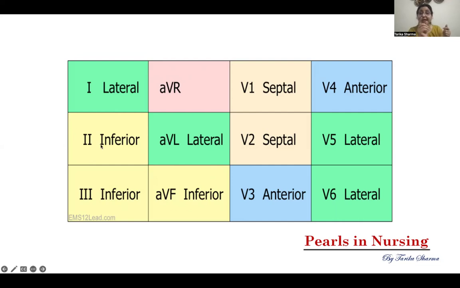Then your lead 2, 3 and AVF tells about the inferior portion of the heart. तो आपके पास inferior portion को बताने के लिए 3 लीड्स हैं, lateral portion को बताने के लिए 4 लीड्स हैं, एंटीरियर पोर्शन को बताने के लिए 2 लीड्स हैं, और सेप्टल पोर्शन को बताने के लिए भी 2 लीड्स